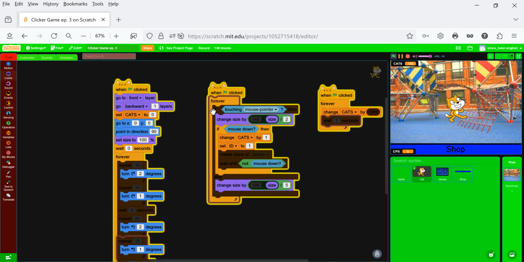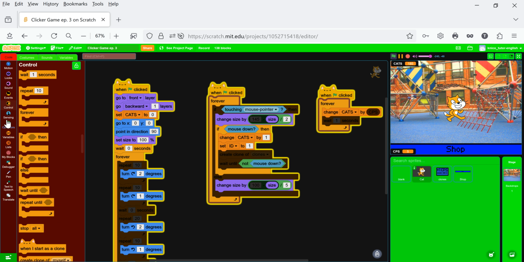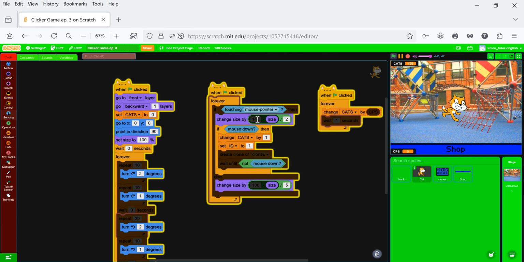Ah, wait. Also, we can try things like changing this size or this number here. You can try so many things. So go ahead and edit them and